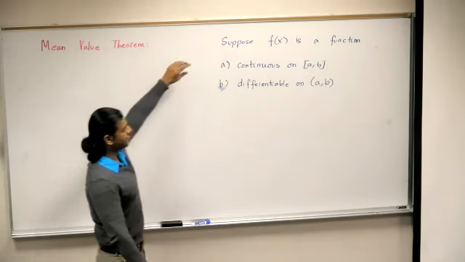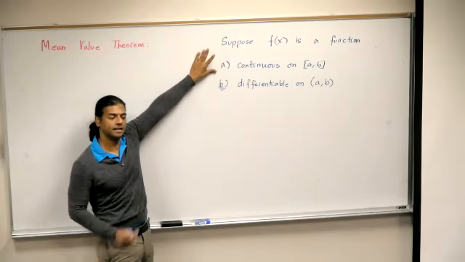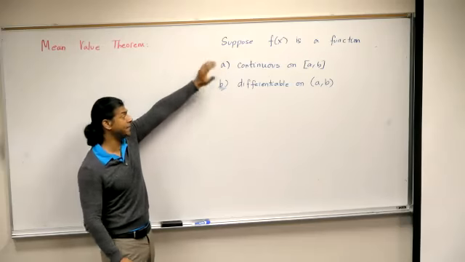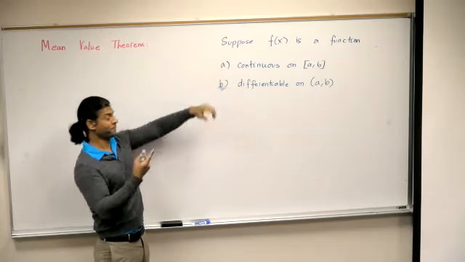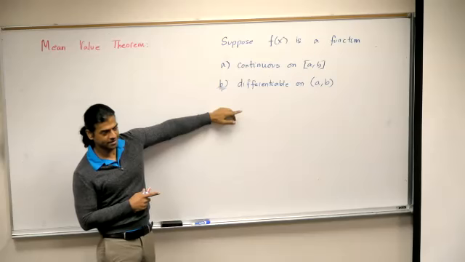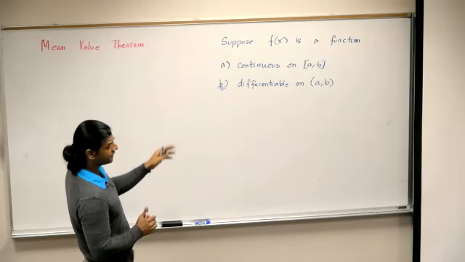So suppose f of x is a function, continuous on the closed interval a, b and differentiable on the open interval a, b. I got rid of the third condition, f of a equals f of b. If this is the case,